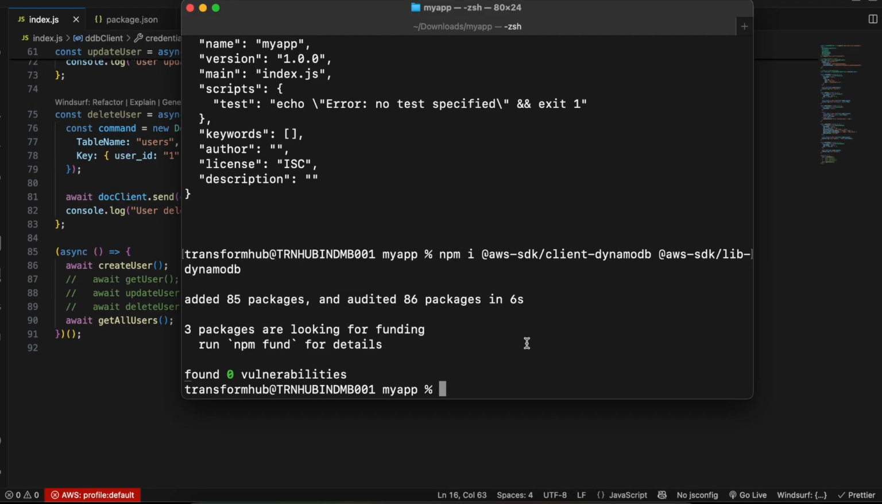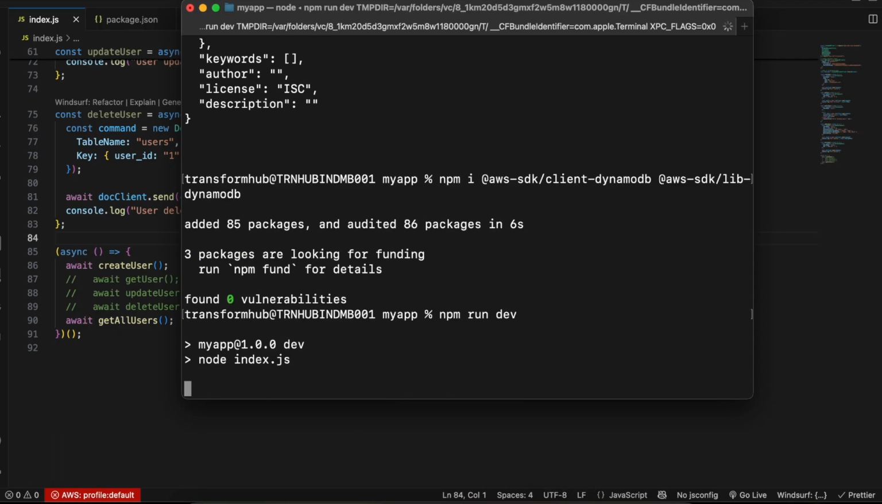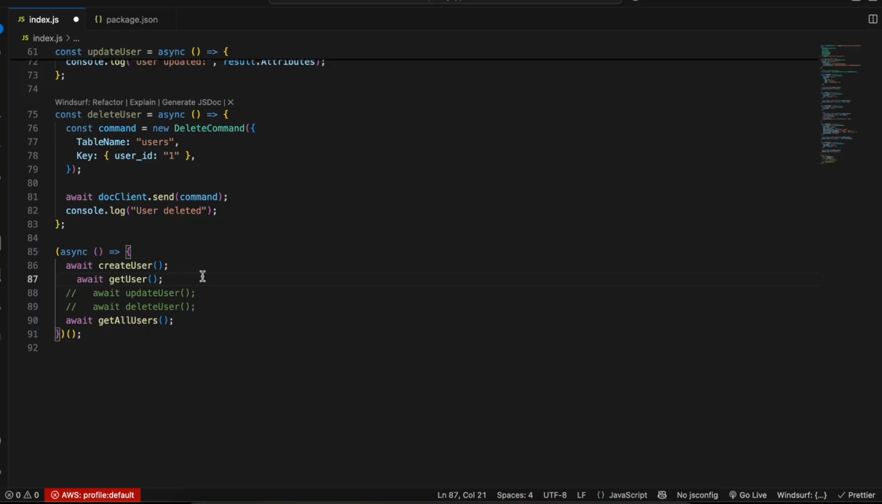Okay, now let's just run our application. I have entered my access key ID as well as secret access key, so make sure you enter that. So here, like I said, I'm just running create user as well as get all users. So I'll just run this, npm run dev. Hopefully this works, and here you can see it has created the user for me, and I'm able to fetch the user as well. If you want to fetch a specific user, again make sure you enter the right ID